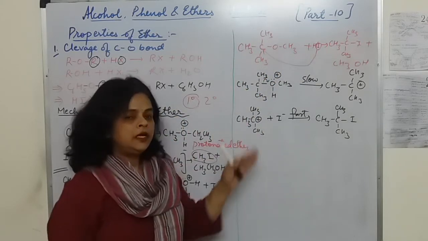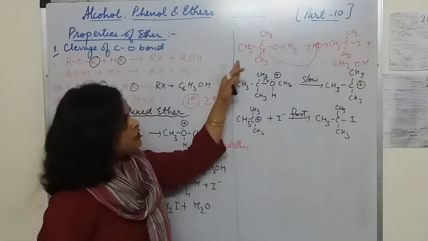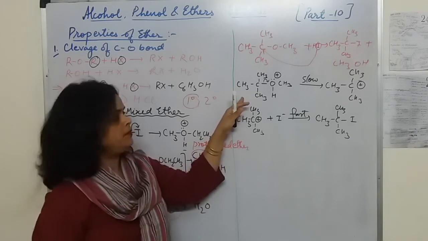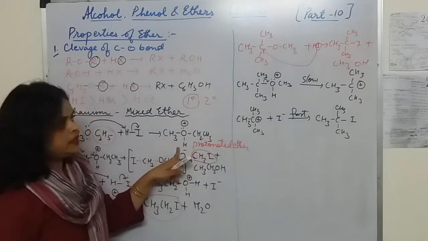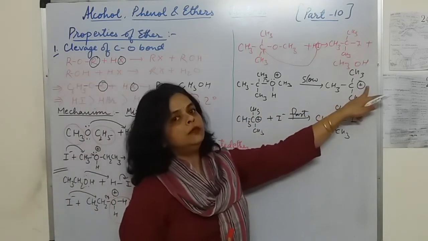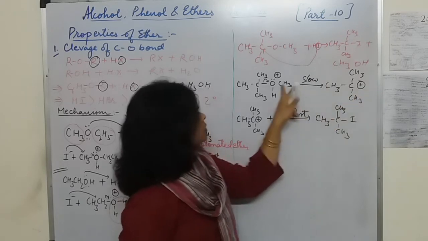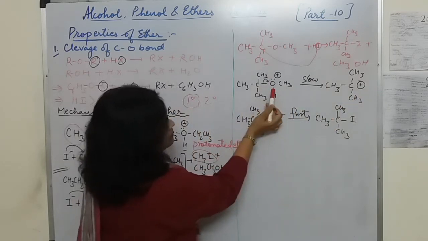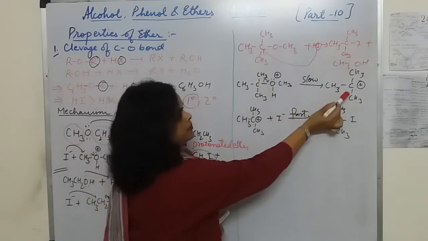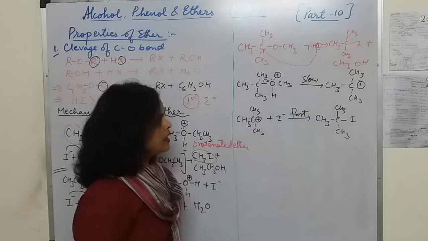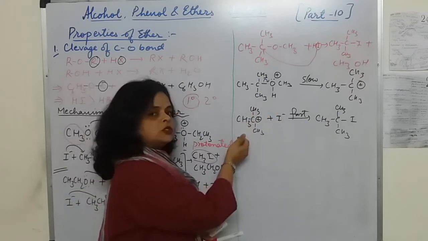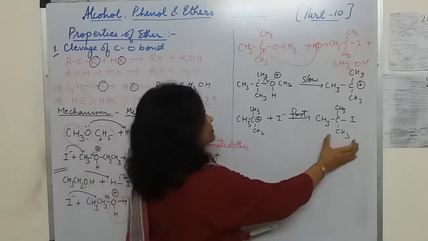Okay, so why has the iodide not preferred the smaller alkyl part over here, but has preferred the tertiary? It is again seen in the mechanism. When one of the alkyl parts is tertiary, it follows the SN1 mechanism. Here we got the protonated ether. This protonated ether forms the carbocation, which is more stable. This bond shifts on this oxygen and it prefers to form the tertiary carbocation, which is more stable. Now this iodide ion attacks on this positively charged carbocation and forms the product.